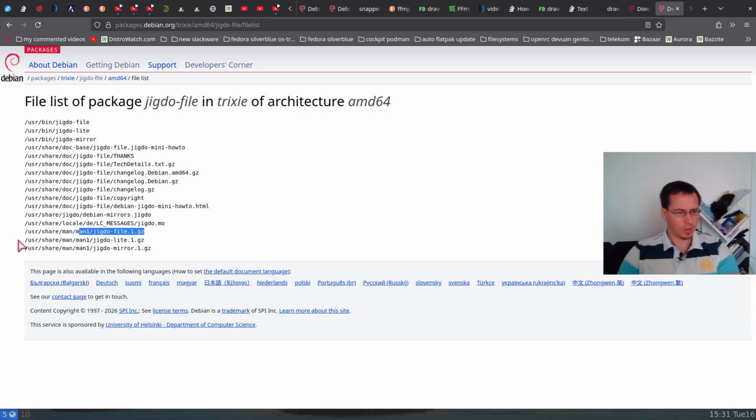Then you have the manual pages. And for user share, documentation, and also here 2 files. But the executable binaries are jigdo-file, jigdo-lite, and jigdo-mirror. I only focus on jigdo-lite in this case, because jigdo-mirror and jigdo-file are, I think, more for developers or for the people that manage the Debian CD mirrors. So you only use jigdo-lite to download